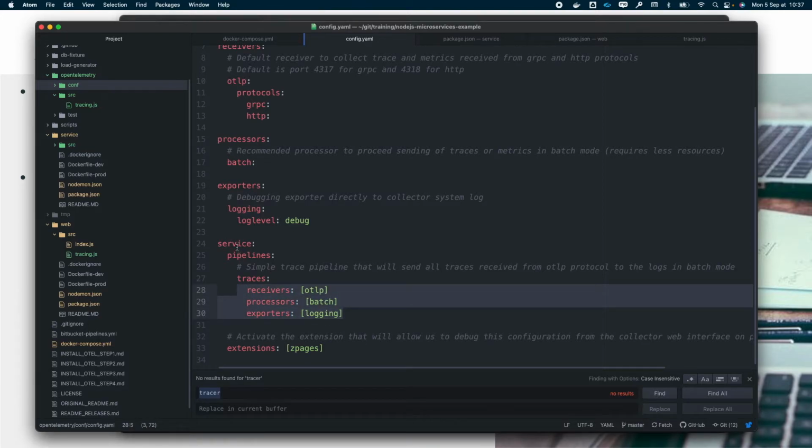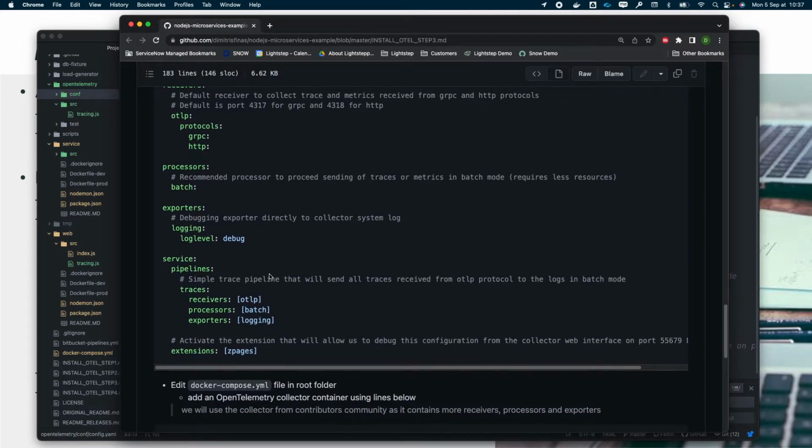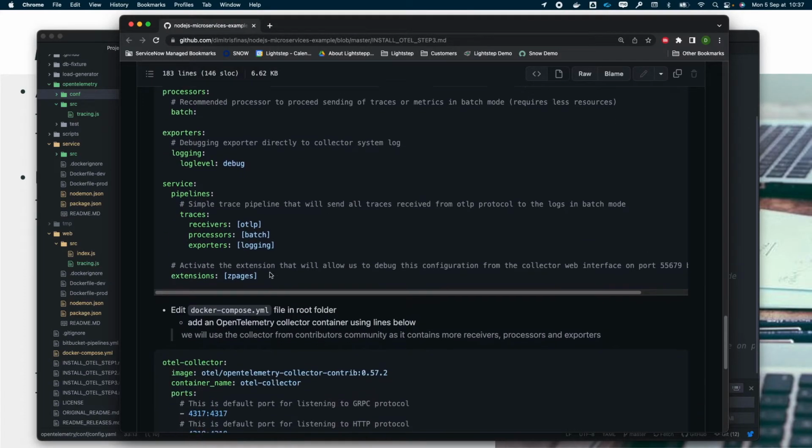And we will also use for our collector the extension ZPages in order to debug it. This extension is common to any pipeline. So now that this configuration is defined, we just have to finalize our configuration by defining the collector containers that we will deploy.